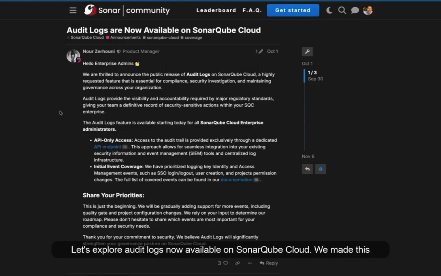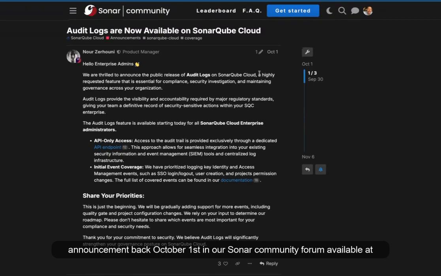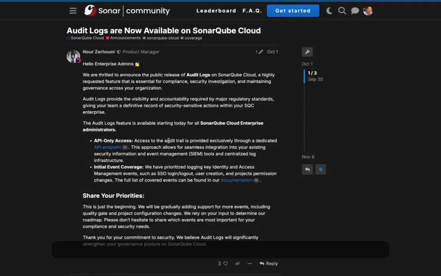Let's explore audit logs now available on SonarQube Cloud. We made this announcement back on October 1st in our Sonar community forum, available at community.sonarsource.com. I highly recommend you log in and click on the bell icon to be notified of any new announcements and